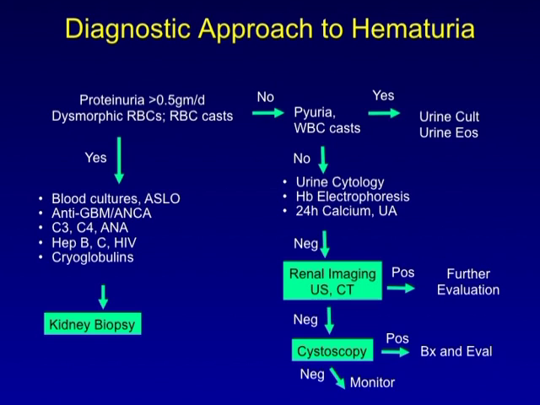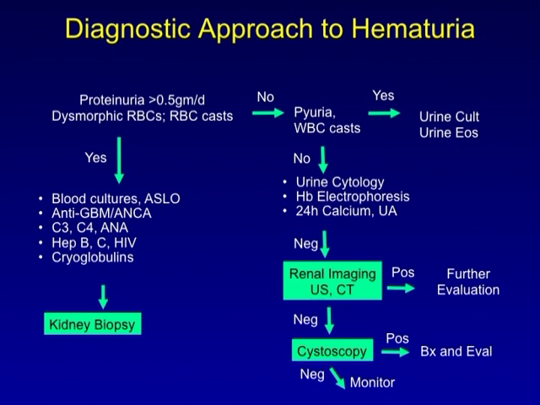If there are not signs of proteinuria and dysmorphic cells, we're probably talking about something more benign and more urologic in origin. You're going to want to rule out whether there's a urinary tract infection, or rarely you might worry about a drug-induced reaction like interstitial nephritis, but very often that will be associated with some proteinuria and some dysmorphic cells. If this is absent, we're going to be going down a urologic evaluation